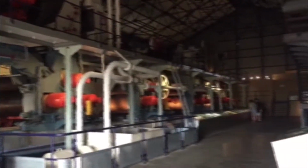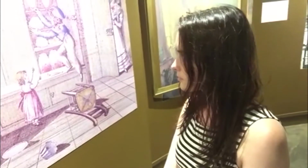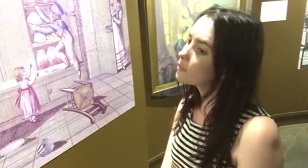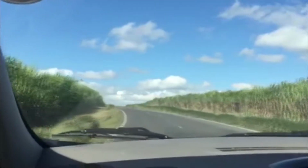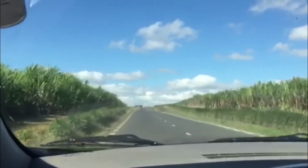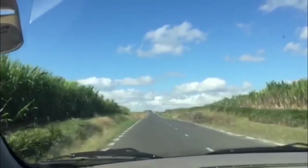Many believe there would be no Mauritius without the sugar, so in 2002 the museum was opened so many could enjoy the history and stories. Oh, and you get a sugar tasting at the end, my favorite part. It was time to hit the windy Mauritius roads again. Even though I did enjoy getting a sugar high, it was unfortunately time to leave the sugar factory, but